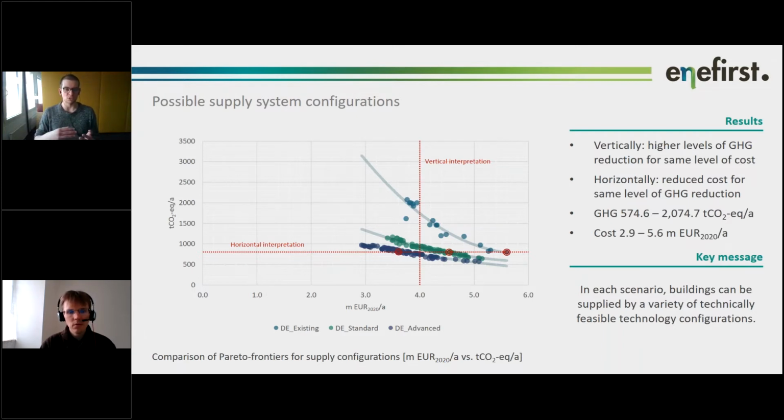Yeah, and there's no stock turnover or anything involved. So basically, what the model would do is, if any asset, take a PV module for example, reaches the end of its lifetime, it's just going to be replaced with the same technology. So that's the idea behind these average costs. So in reality, if you had an entire country or so, there's some turnover on a yearly basis, but here for the sake of simplicity, we assume a constant technology configuration until 2050.